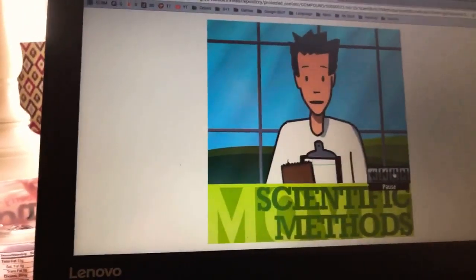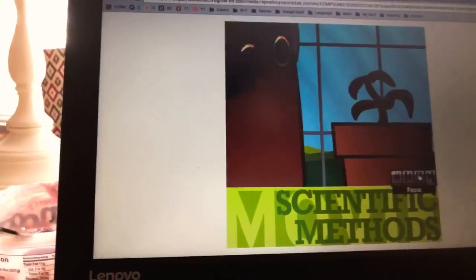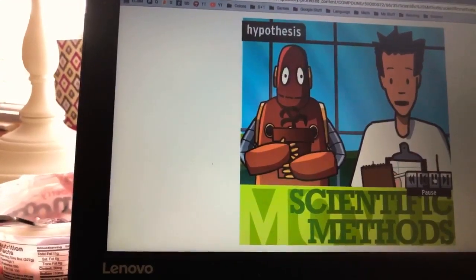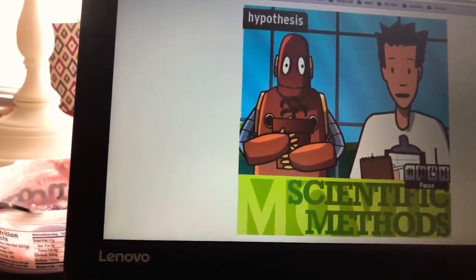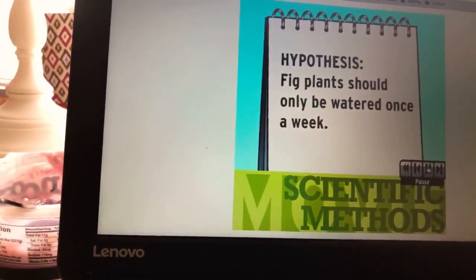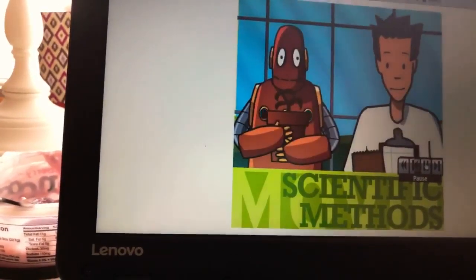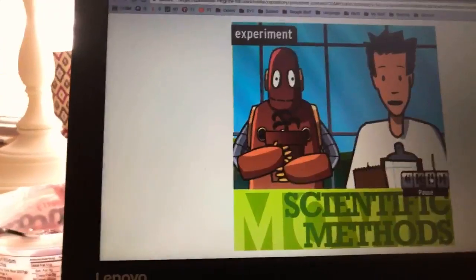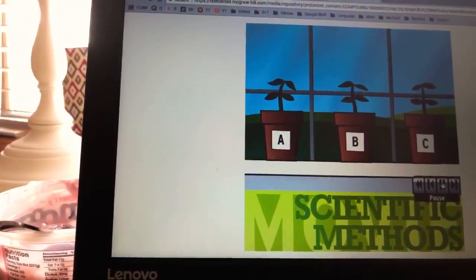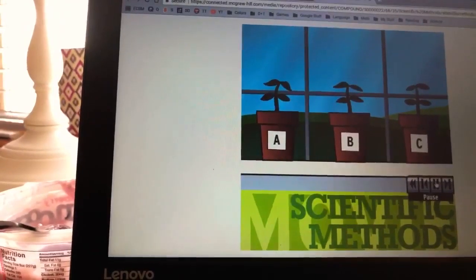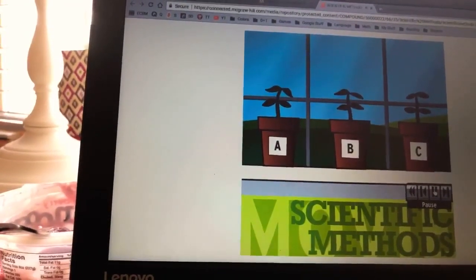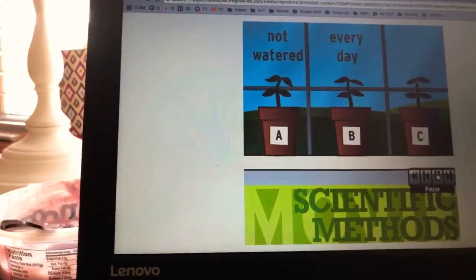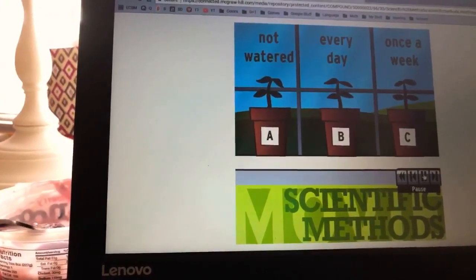Next, we make an inference. An inference is a conclusion about our observations. Step 4, make an From what we inference. observed, we could infer that Moby is watering his plant too much. Now we translate our inference into a hypothesis. Well, a hypothesis is any statement we can test with an experiment. What about fig plants should only be watered once a week? Well, sure, it's just a guess, but after our observations, at least it's an educated guess. We'll need to come up with an experiment to test this hypothesis. Here's the plan. We've got 3 healthy fig plants marked A, B, and C. They have the same type of pot, same soil, and they're getting the same amount of sunlight, so the only variable is the amount of water they'll be getting. Plant A will not be watered at all. Plant B will be watered every day. And plant C will be watered once a week. We'll check back in a month to see what's happened.